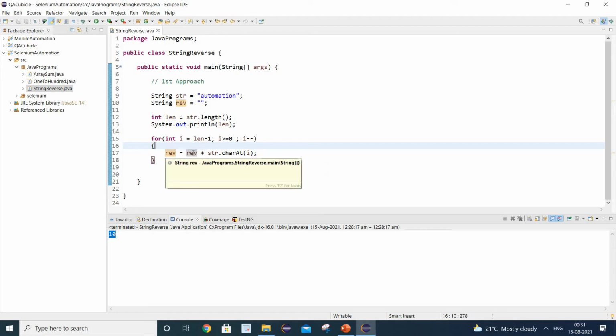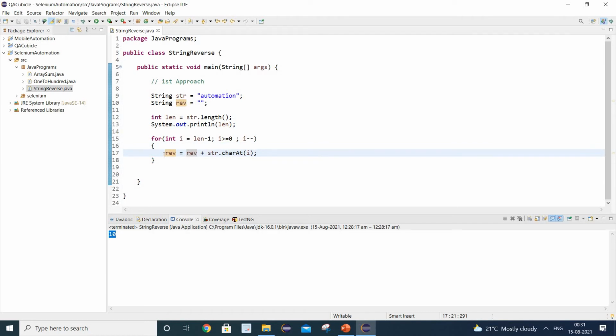Okay, so we will add that value into our reverse string and assign the same in our empty string. For the next time the value of i will be decremented by 1. Okay, so that means i becomes 8 here, and again control comes inside this loop, and the value will be O here. Okay, so in the same way the loop will continue till the value of i is greater than or equal to 0, and we are storing the same value inside our empty string.